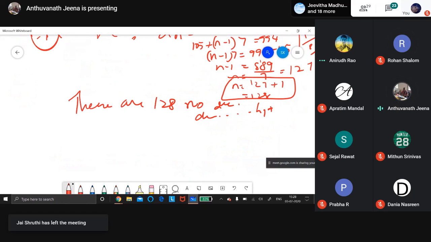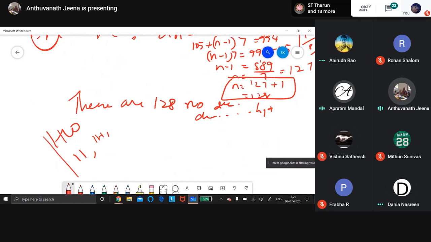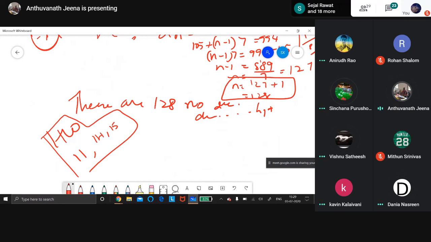Now you have to practice. What sums will you practice? What will come in homework? The 11th sum will come. Then 14, 15, 16. You have to study for the test. All example sums and exercises, first exercise, second exercise, till the 15th sum, learn for tomorrow's test.